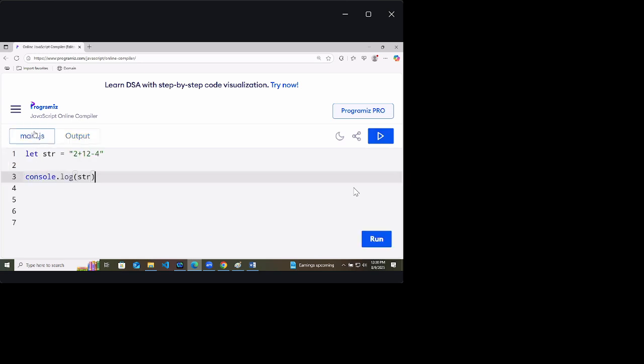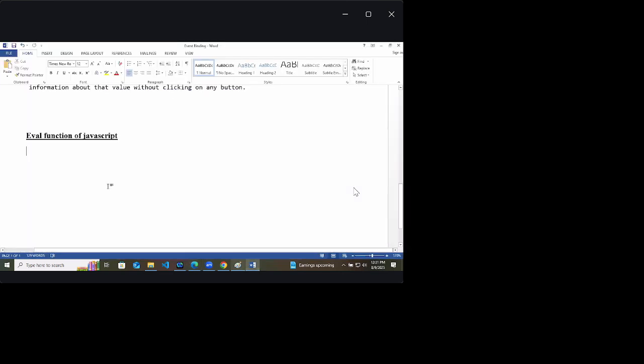There is an eval function in JavaScript. What is that? Eval function. So what is that eval function? Eval function is provided by JS math, the math part of JavaScript.